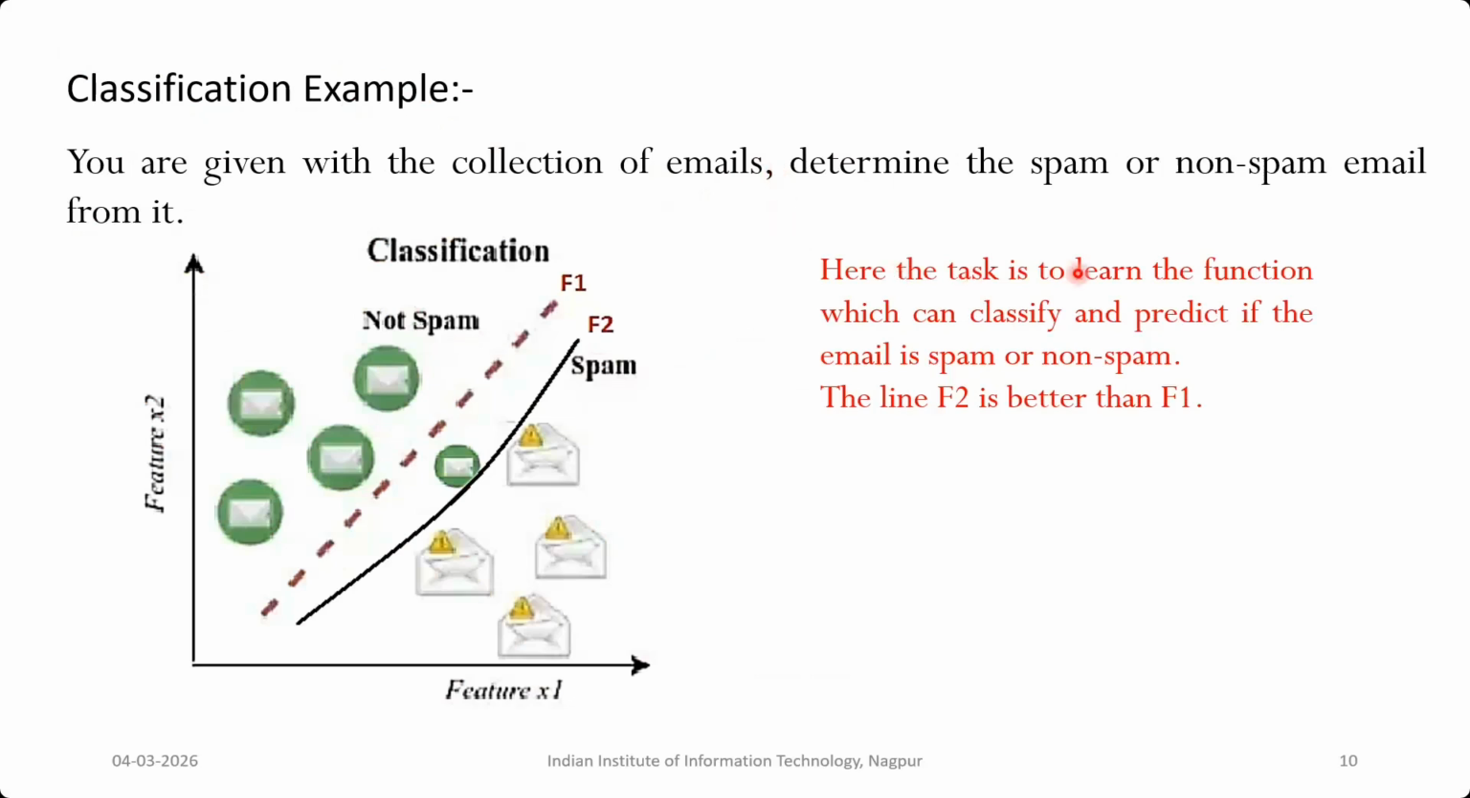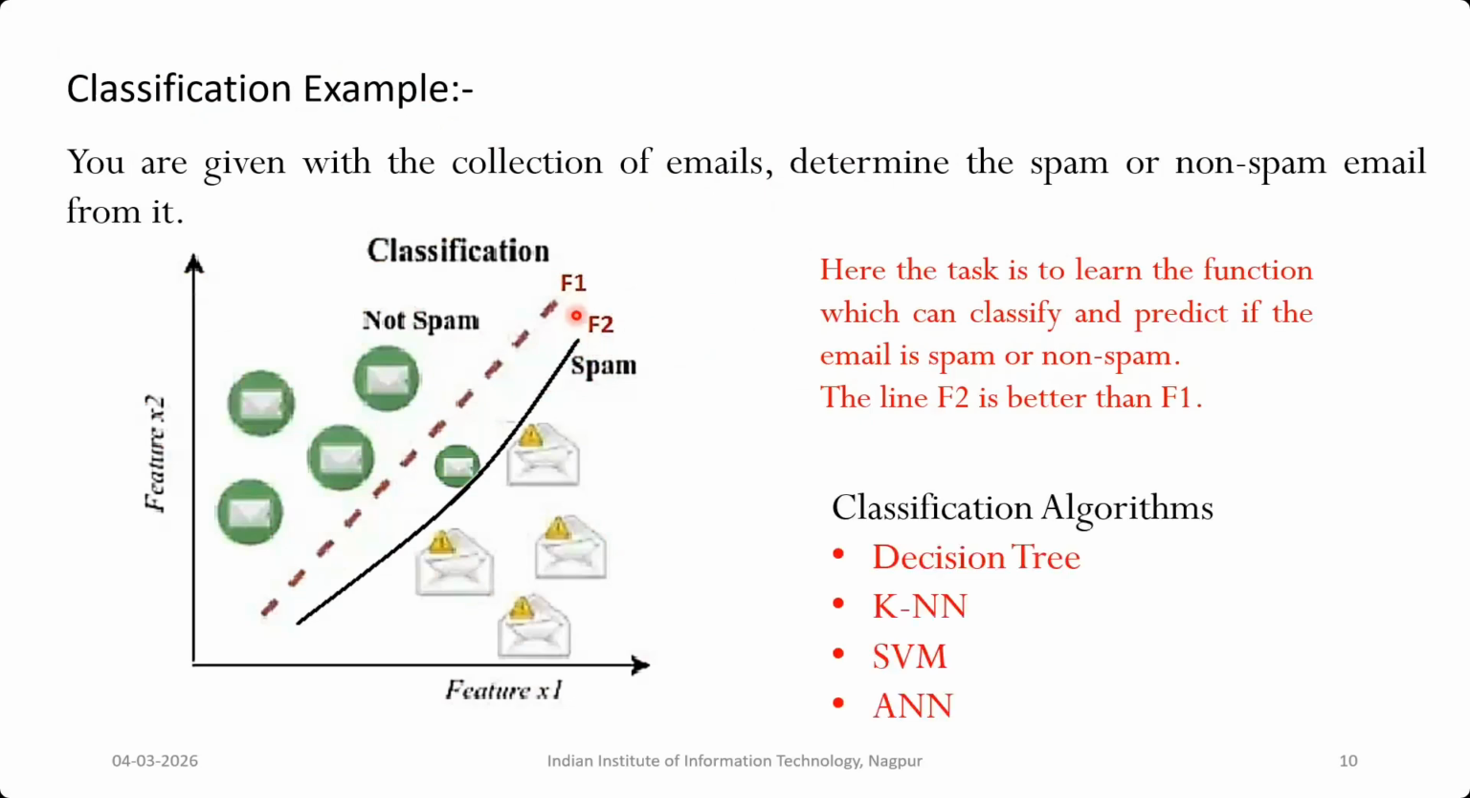So here the task is to learn the function which can classify and predict if the email is spam or non-spam. In this case we have two different functions, f1 and f2. I can see that f1 is a linear function whereas f2 is a non-linear function, and the performance of f2 is better compared to f1. This can be decided depending on the loss functions, whether f1 has generated minimum loss or f2 has generated minimum loss. Based on that we have to